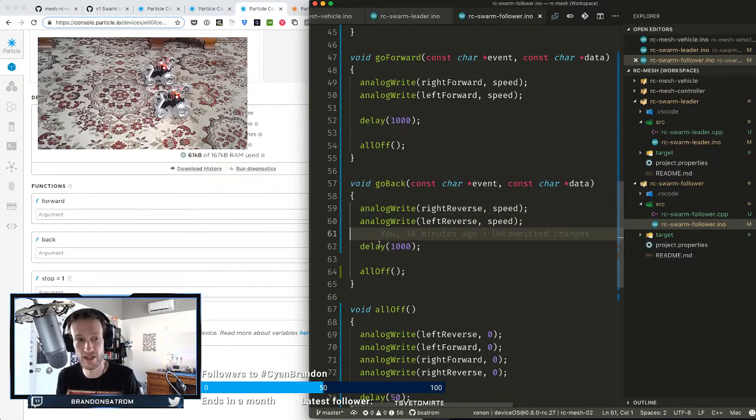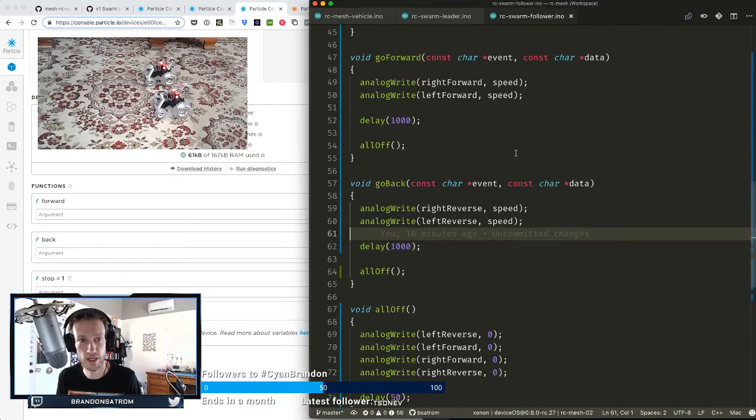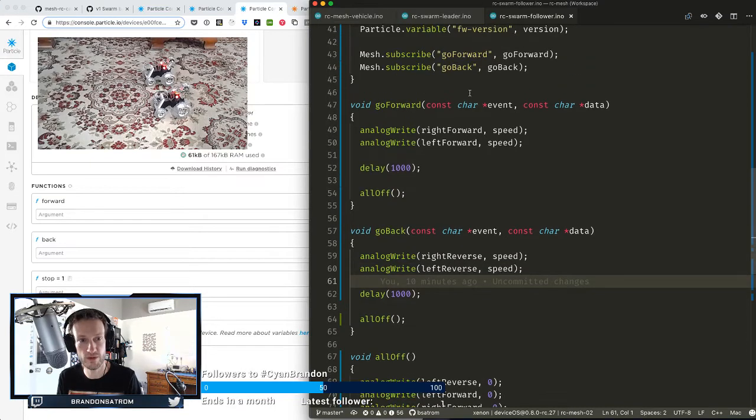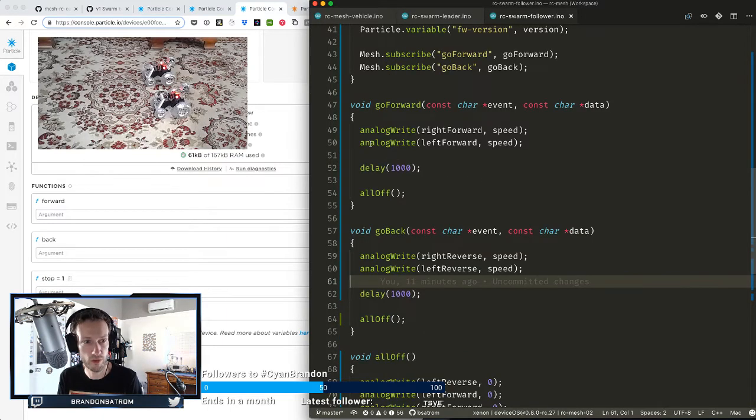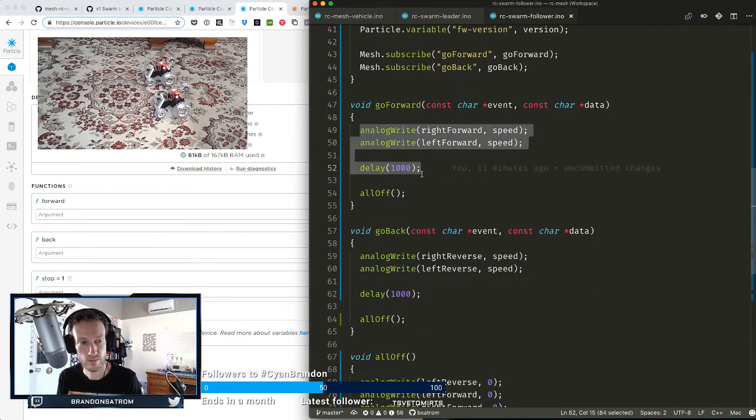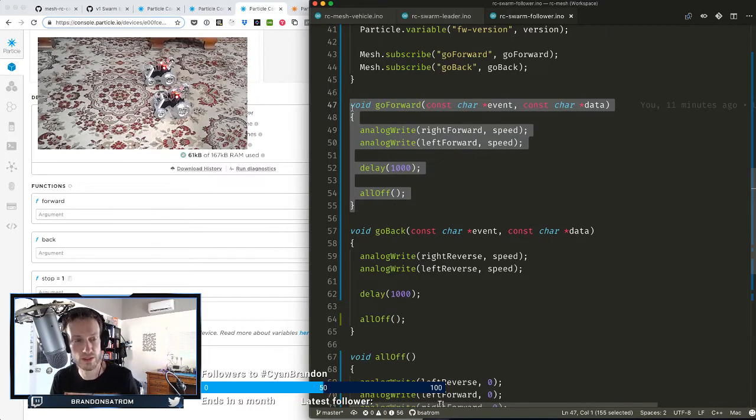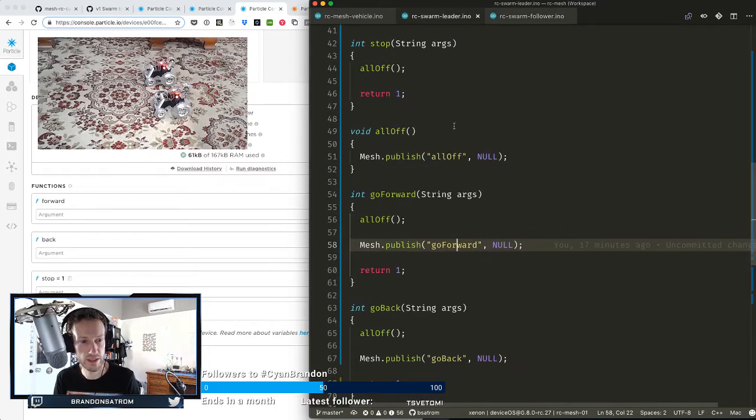So we are nearly there. What we're going to do now is actually have the leader replicate the same functionality as the followers. Its real difference is that it is emitting those commands to the other devices, but it has to do both. It has to actually go forward and back and emit those commands. So when I call go forward, I wanted to actually do this. Let's do this. For my leader, I want there to also be a